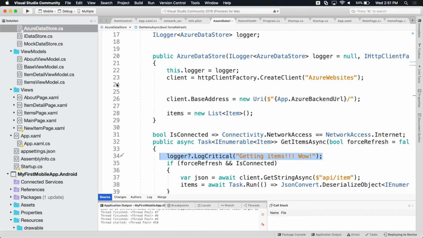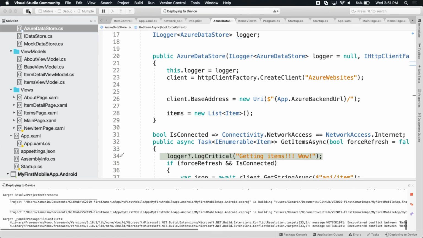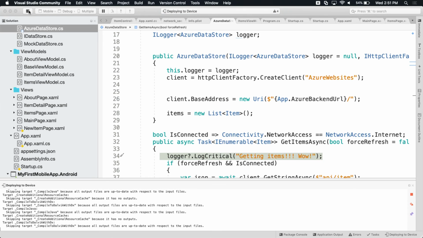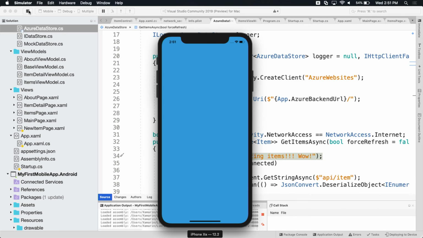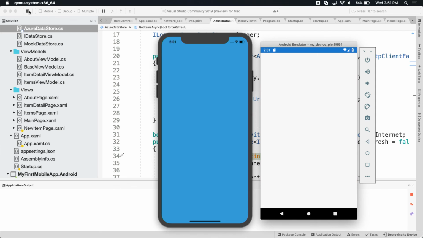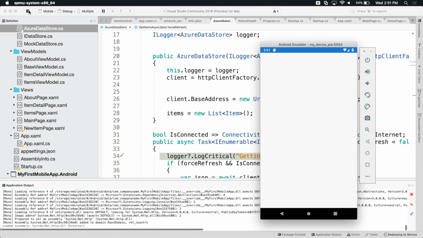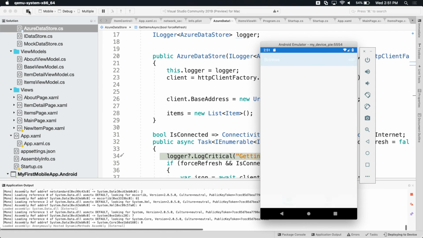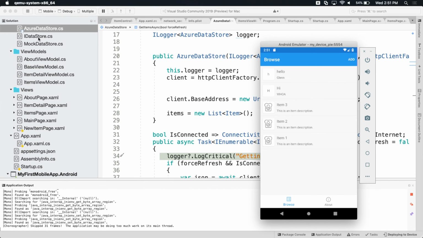So I'm going to go ahead and recompile this application up over here with all of the changes that we made. And ideally, with just that startup code, we'll have registered our view model, which will inject our data store, which will then inject our logger and our HTTP client factory that is going to use Polly to retry automatically. With a few lines of code, you've got access to this whole slew of stuff that is being created for all the .NET ecosystem.